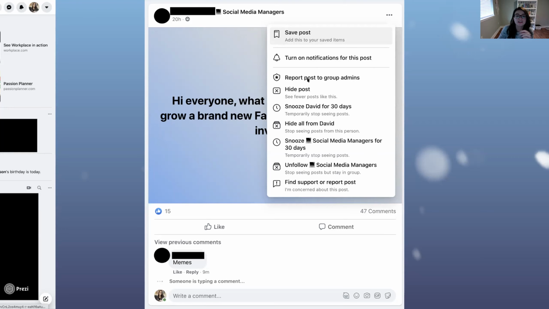You can report this post. This is in a group. So if you see a post that violates group rules, I run a group that, even though you're allowed to use curse words and profanity on Facebook, is for a particular video game, and we have kids as young as 12 in there, and I don't feel that it's okay to have those things. So one of our rules is family-friendly content only. So if someone somehow gets past our post approvals, which they shouldn't, but if they do, a group member can report that post to us and we'll get a notification and we can go take it down. So that's a really cool feature.